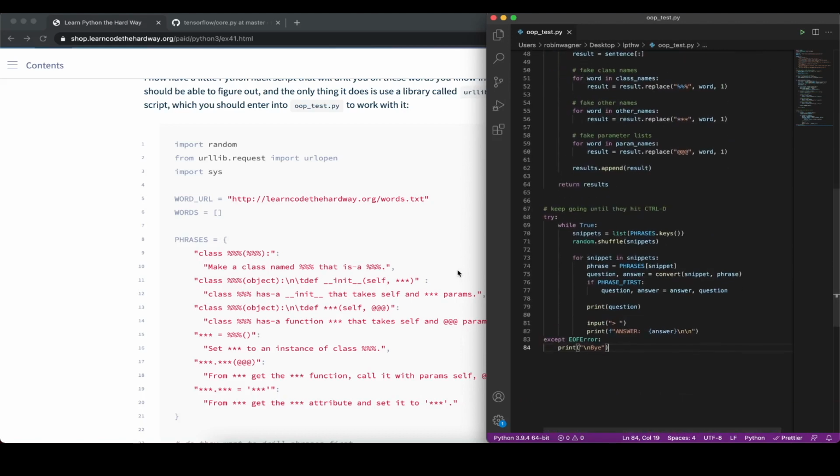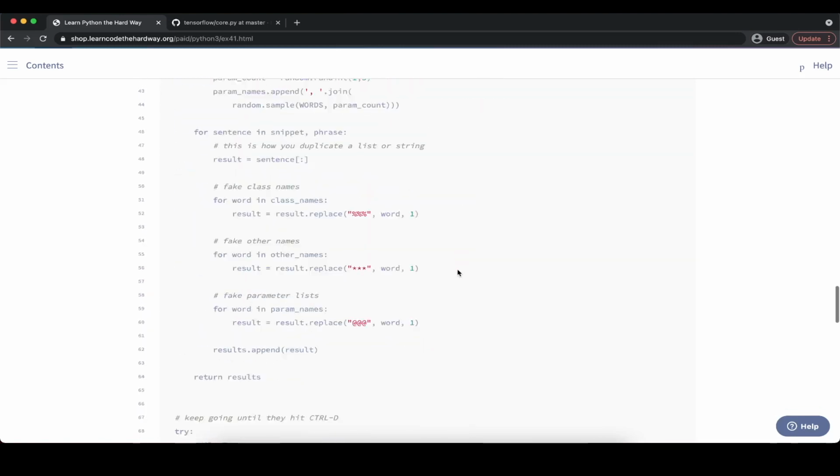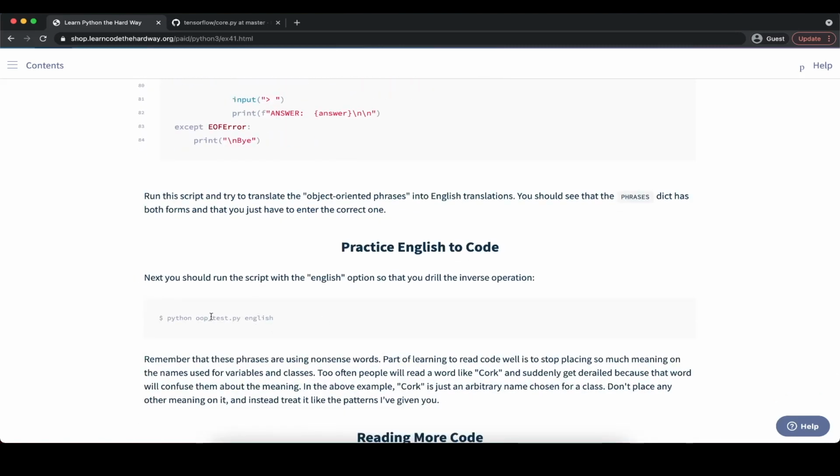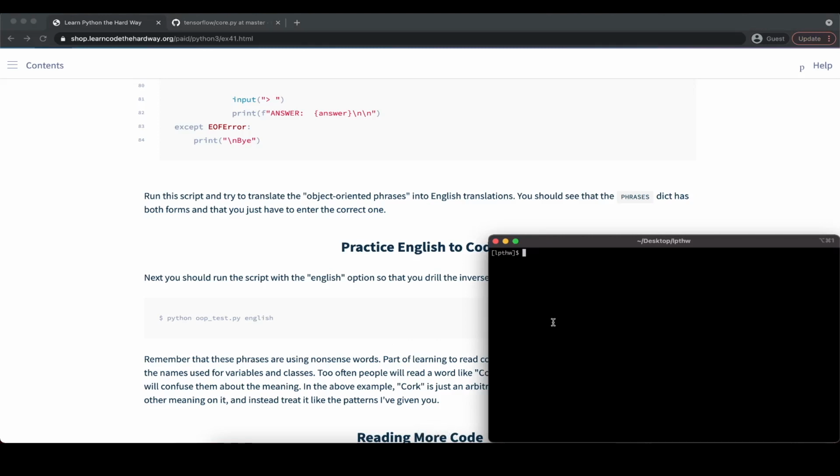Let's take a look at what happens when we execute that. If we scroll down to the bottom, we can find this command with a command line argument that we execute to run our program. We say python ooptest.py, that's the name of the code file that we created here, and then we pass English to it.